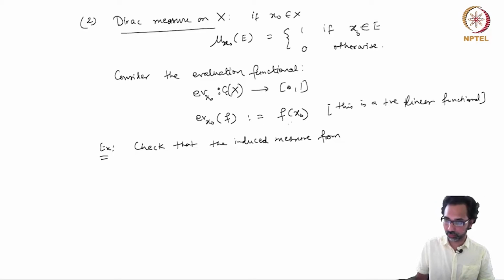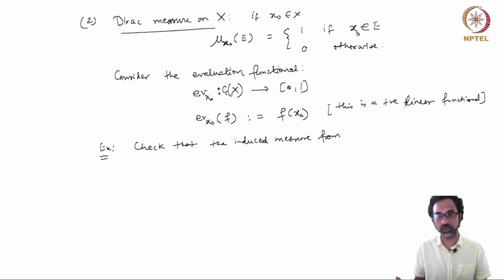This is quite straightforward, because if f is positive, then f(x₀) is positive, and linearity is obvious because f plus g is defined using the pointwise addition, so it is also positive, it's also linear. And now we have to check that the induced measure from EV x₀ is indeed this Dirac measure μ_x₀. So I leave it as an exercise, and